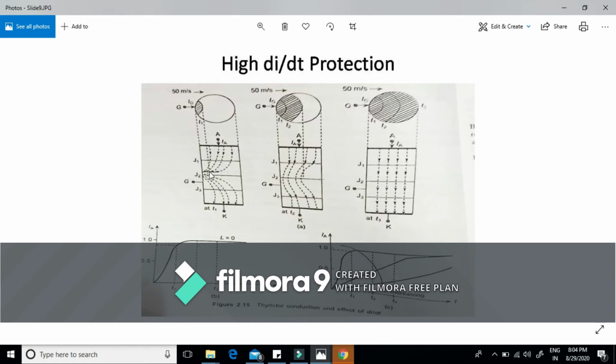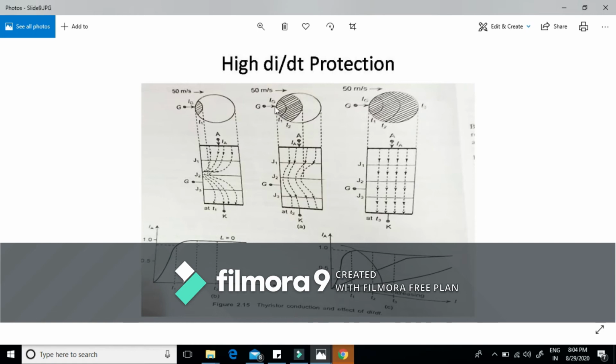That means these are charge carriers, and since the gate current is confined, these gate charge carriers are not uniformly distributed over the whole cathode surface area. They are distributed over only a small surface area. Or we can say in this first diagram, the anode current flows only in this confined range,